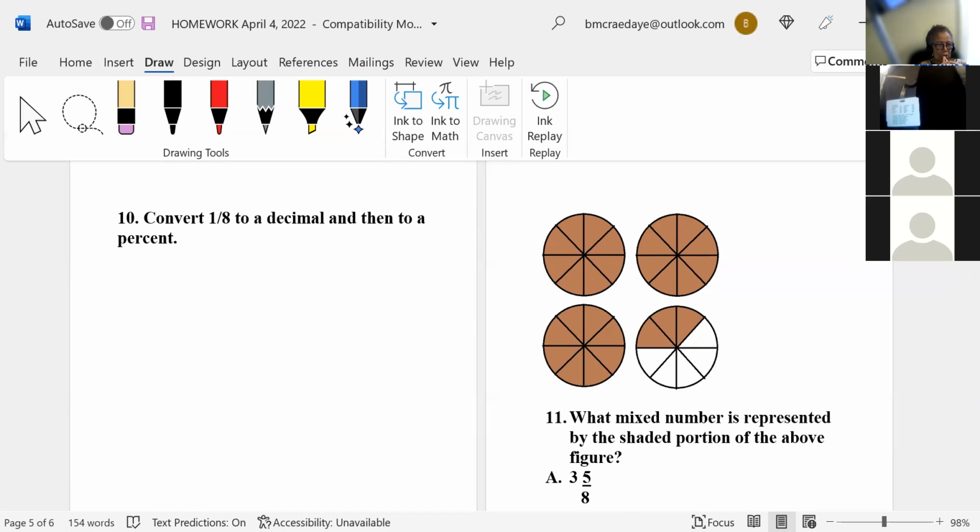You get 0.125. I didn't say round, right? I said divide, but I didn't say round. My calculator would give you the 0.13, Mercedes, but I didn't say round. So it's what Maureen said,